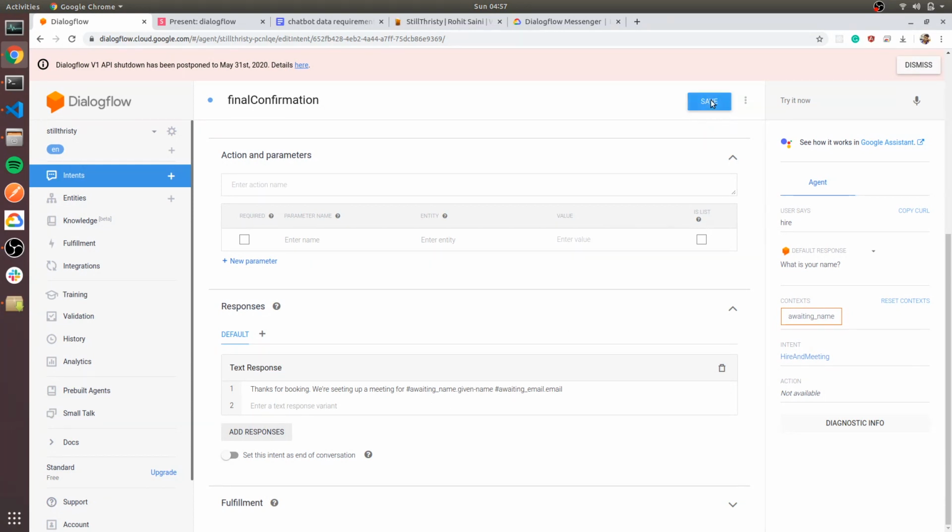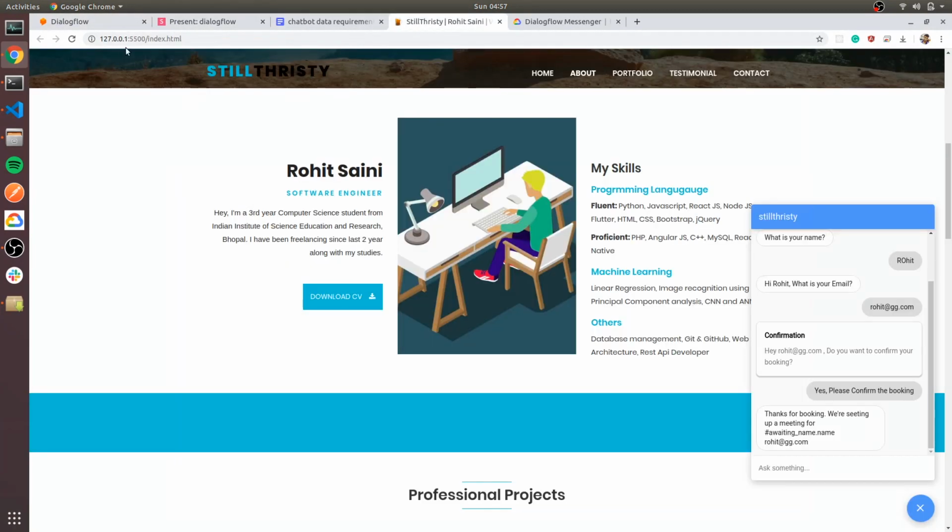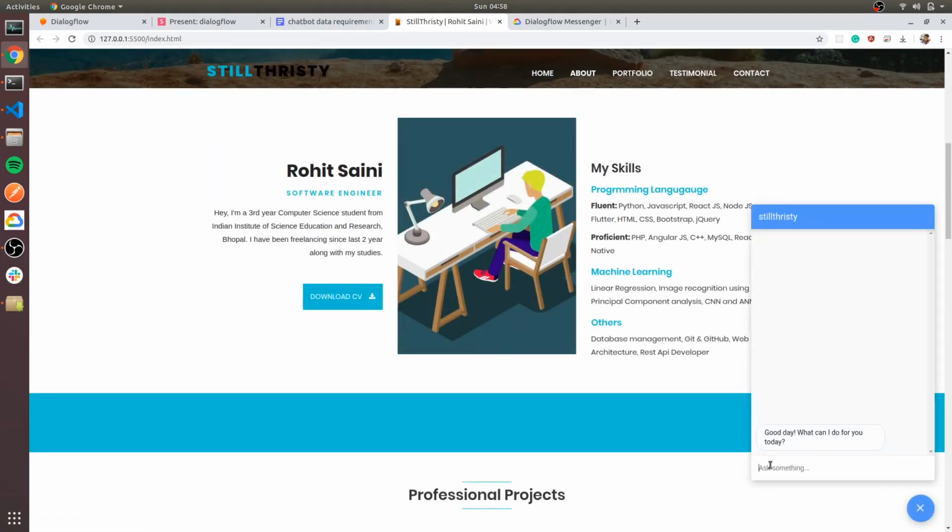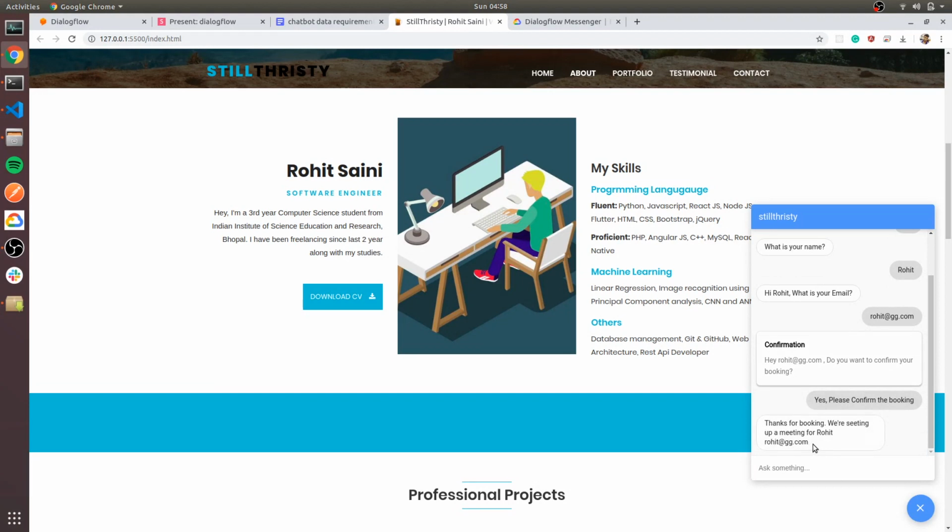Let's save it. Yeah, so as we can see it's working fine, and we can store this in a database, Firebase or maybe other databases. For that we need a webhook service.